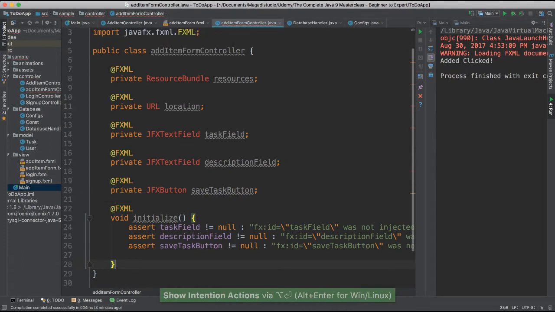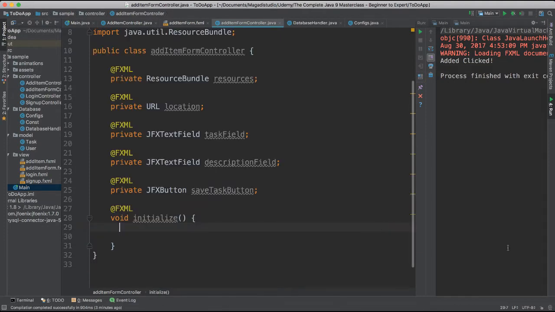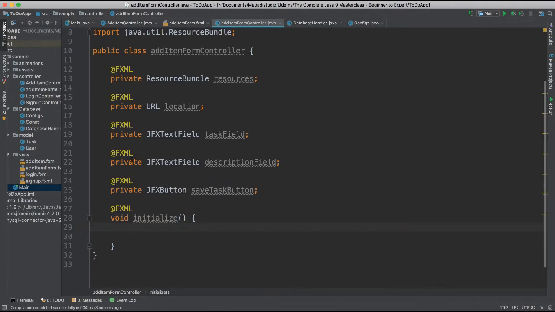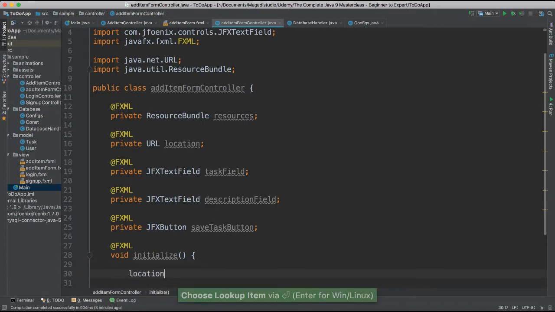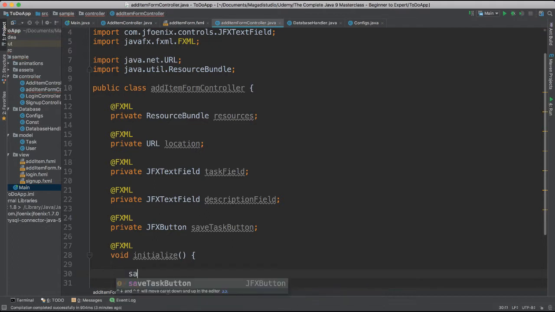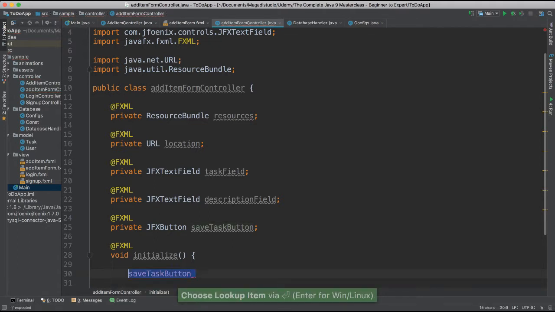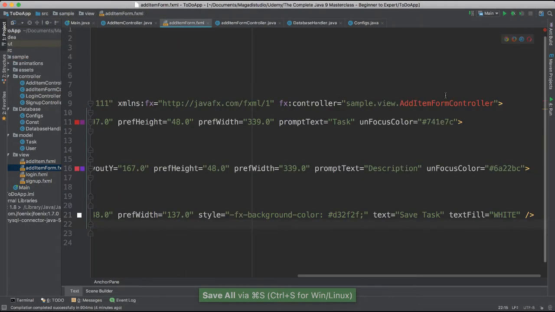Okay, let's import everything. Make sure it's JavaFX. Most of them anyway. Okay. Going to get rid of this, and we are good. Let's see if this is connected by saying location, for instance. It's not. Let's try save task. It's not. Okay, the reason why is because we need to go back to our add item form and make sure, there we go,